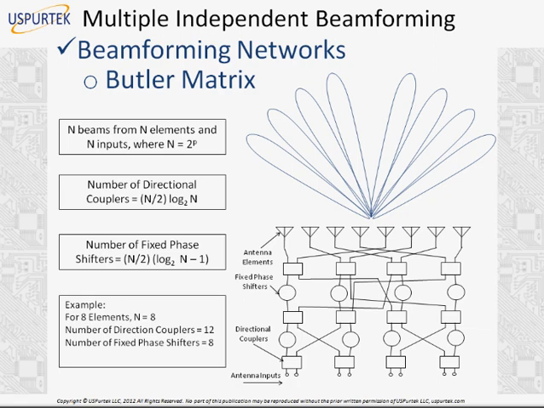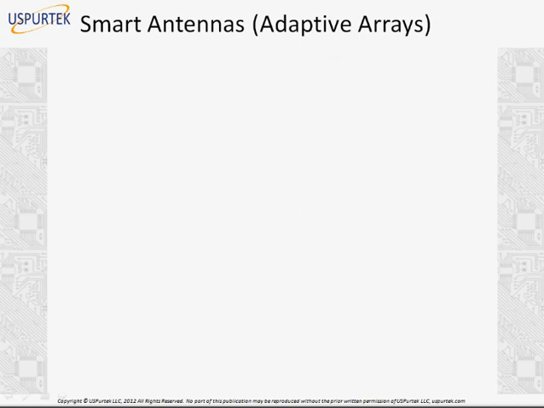So if you have n beams from n elements and n inputs, then n is defined by 2 to the power p, and the number of directional couplers is given by the formula you see on the slide, as is the number of fixed phase shifters. For example, if there are 8 elements as you see on the slide, you need 12 directional couplers and you need 8 fixed phase shifters. Well,